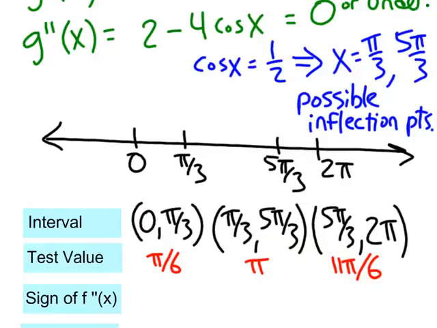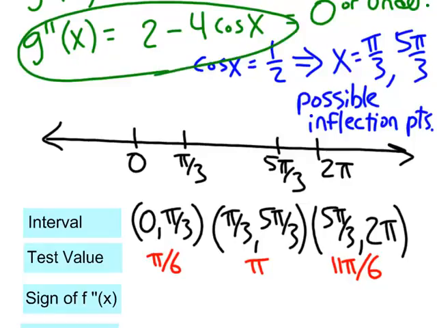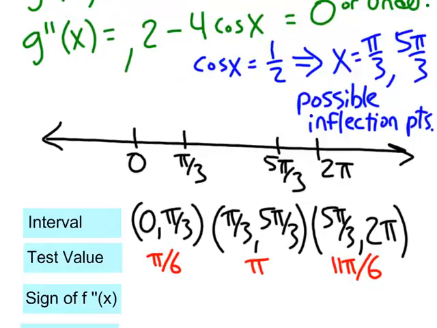And now we want the sign of f double prime. And I've still got that visible up here on the screen. What will probably make my job a little bit easier is to factor that. I didn't do that before. So let's say that that equals 2 times 1 minus 2 cosine x. We'll do that. So when I plug in my first test value of pi over 6,